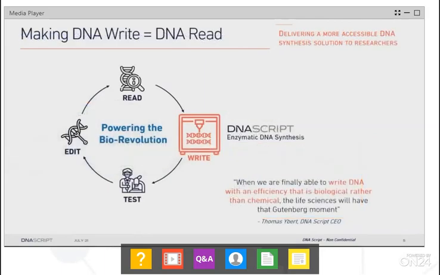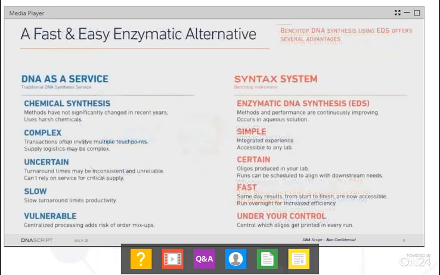Our vision is to power a biorevolution by democratizing DNA, making DNA synthesis as accessible, flexible, and on par with DNA read and DNA edit, very much like sequencing and CRISPR genome editing are accessible life science tools today. The Syntax system enables enzymatic DNA synthesis on the benchtop. The combination of an enzymatic approach and a benchtop form factor offers several advantages over ordering oligos from service providers